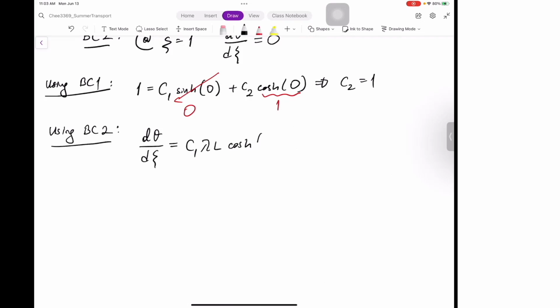It's the derivative of sine hyperbolic, lambda L psi, plus C2 lambda L sine hyperbolic